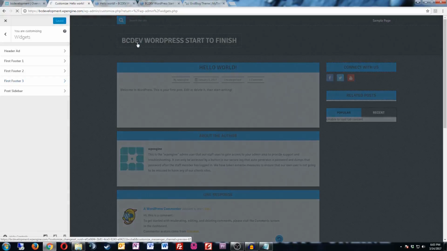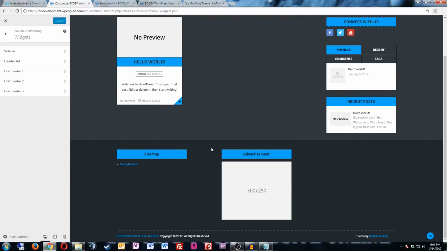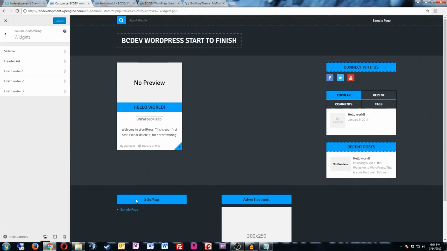We'll go back to the home page. We have our default sidebar. We have a new site identity with a widget enabled over here. We have our content, which is going to be our posts on this page. And we have our sitemap, we have a little advertisement block, and we've changed the theme to blue. So let's see what else we can do. Let's go back,